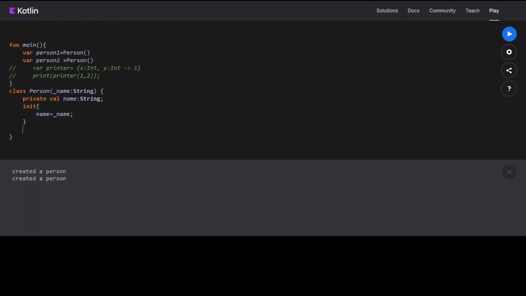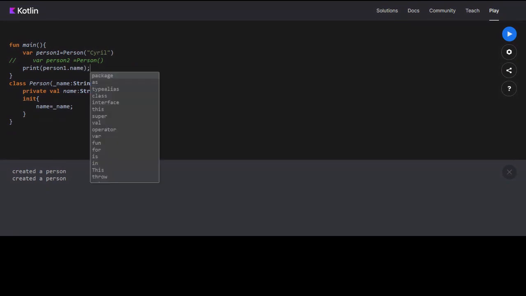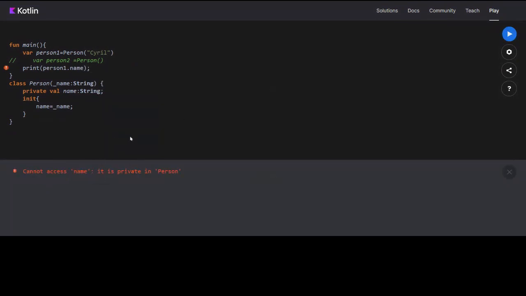Now if I try to print the name, what if I say person one dot name? What will happen? Let's see. See, it cannot access name because it is a private variable.